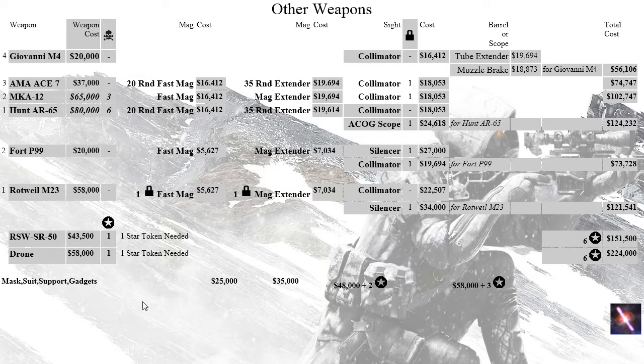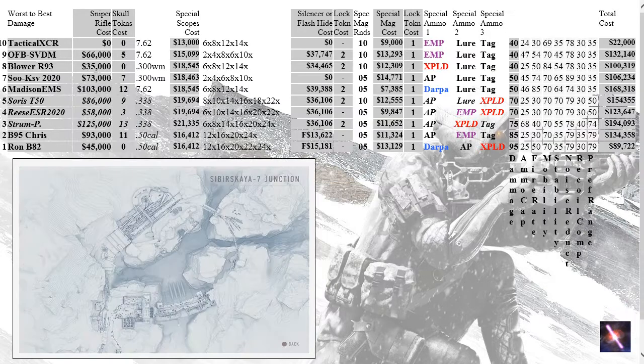This one was real important. That's why I stayed away when I first did it, or actually the second time around. I avoided getting all the special weapons, or secondary weapons, because I wanted to make sure I had enough to get my mask, suit, support, and gadgets to where I wanted them, so I could have a really good experience with all the special abilities. And I really did focus on this, and went slow on the sniper rifles. I just methodically did the cheapest ones with the lower token cost, and I think I pretty much got every weapon